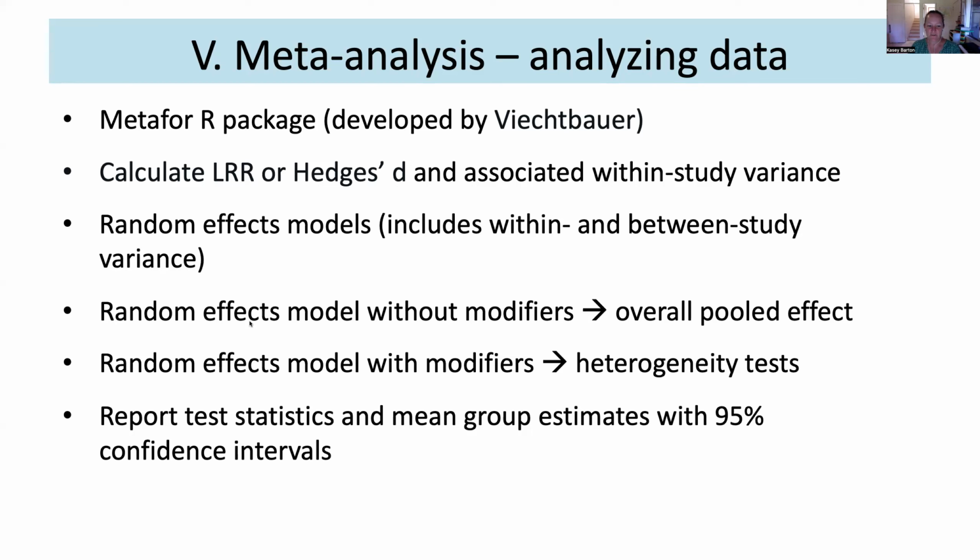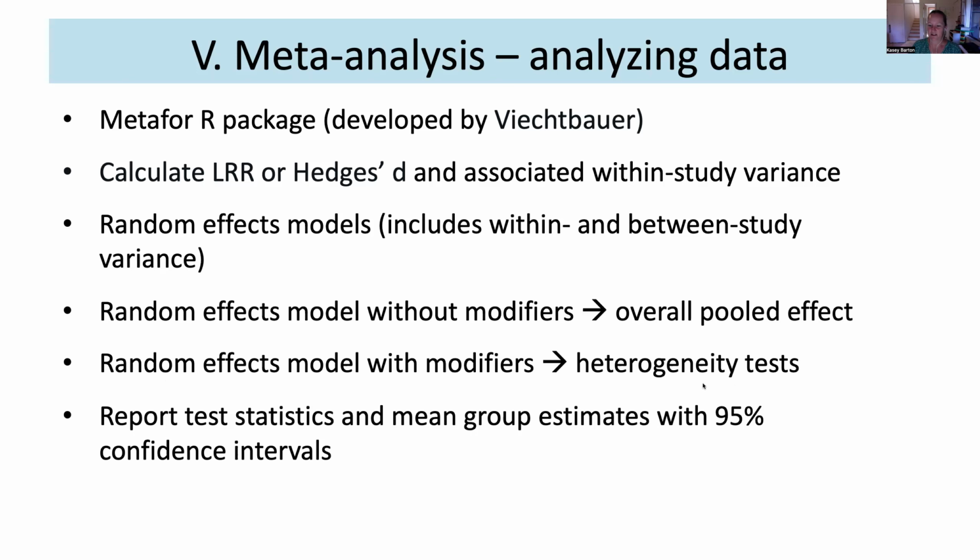If you run a random effects model without any modifiers, without any explanatory variables, you're just going to get the overall pooled effect. So that's across all the studies, the overall pooled difference between, say, the treatment and the control group. That may be useful for answering the question of, is there a general pattern in the data? But probably more useful are